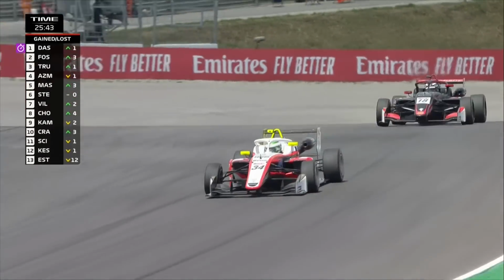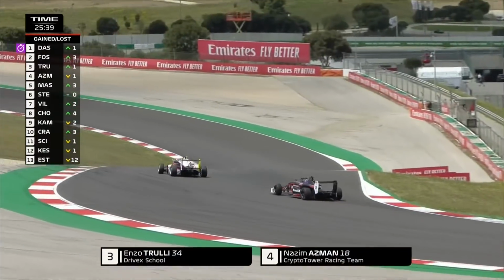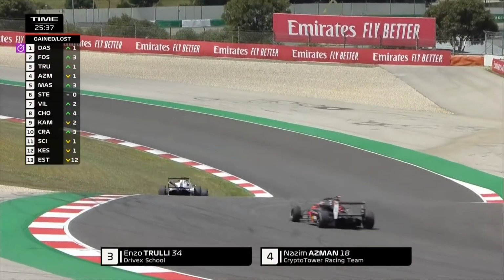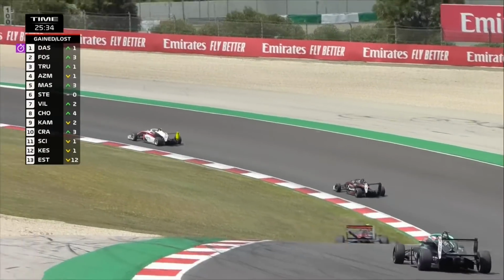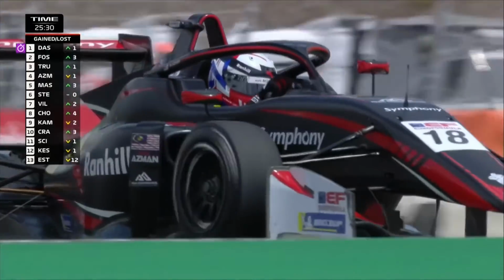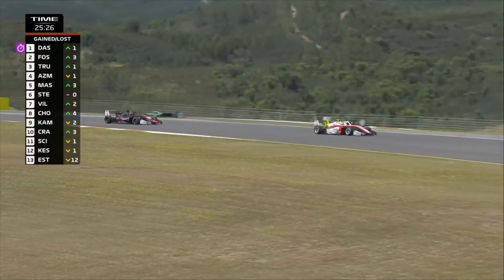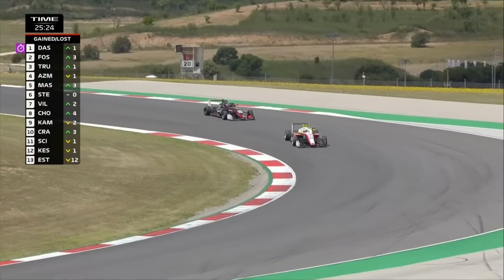What he's going to have to hope for here is that the drivers ahead are squabbling so much he can close in on them and benefit from the slipstream if he has indeed run less wing. Hopefully, you think as well, they've changed all 4 tyres if he wants to go faster rather than just the one that delaminated. But we have got a set amount of tyres he can use during this weekend, so they're probably tyres he has already used earlier in this weekend at Algarve that he's put back on the